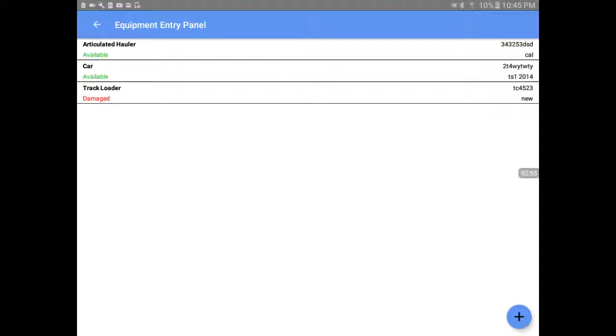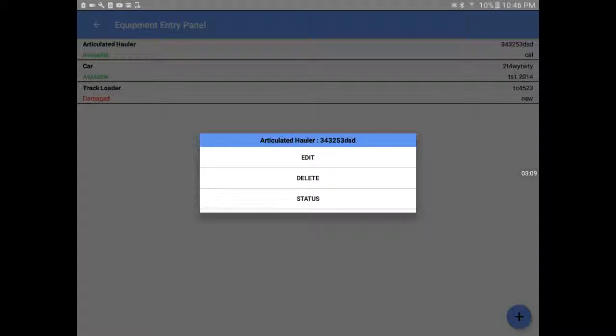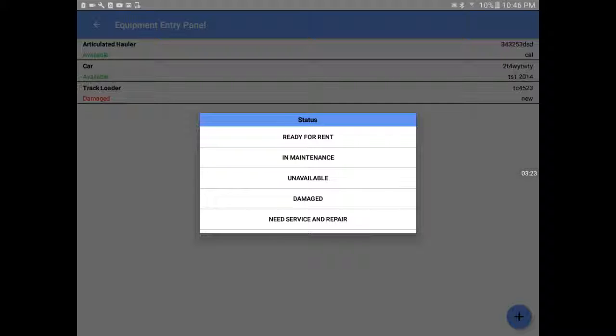Now you would notice two different colors here: available, and the bottom one has a label damaged. So inside the equipment inventory, when you touch any vehicle, it has the option edit, delete or status. Now the status is a key parameter. If we touch on the status, it will give us a variety of options. What are these options? As you see,